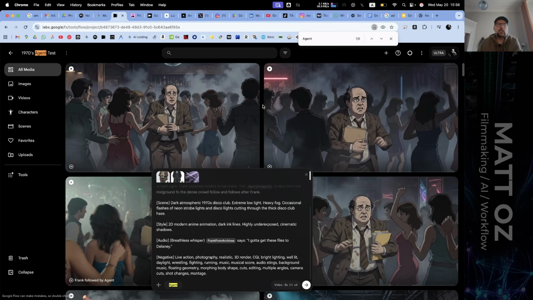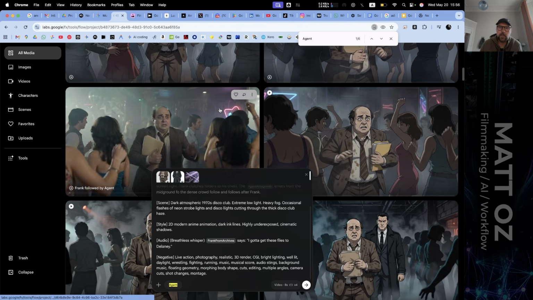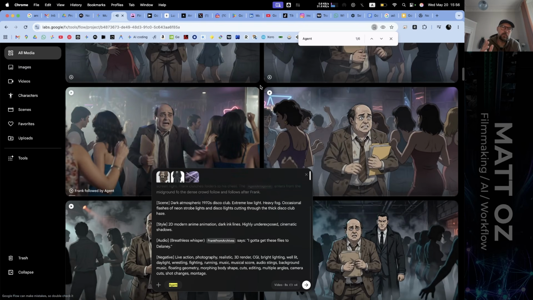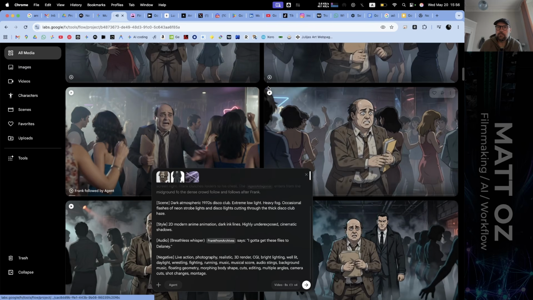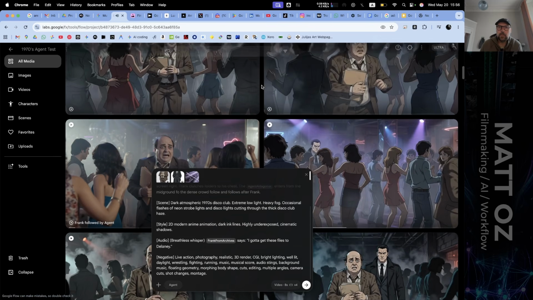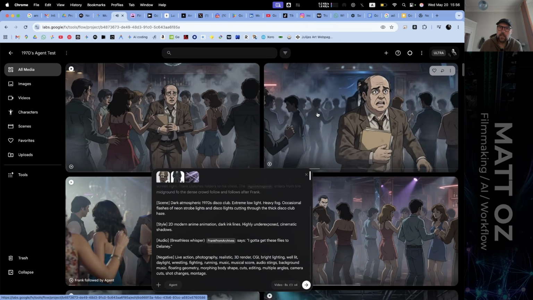Okay, so again, it rendered a real guy. Didn't want that. I gotta get these files to Delaney. You generally would want a little bit more interaction from the crowd, but I think that's really difficult for the model to diffuse. Files to Delaney. Frank's performance is a little bit funny. That one's not bad. That's usable. I gotta get these files to Delaney.